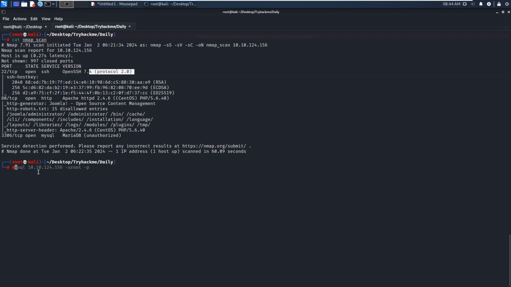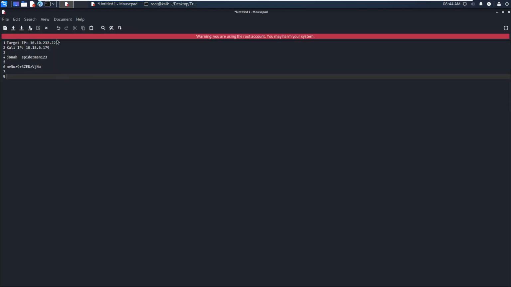To do that, we just run mysql followed by the IP address of the target. We can copy the IP address of the target